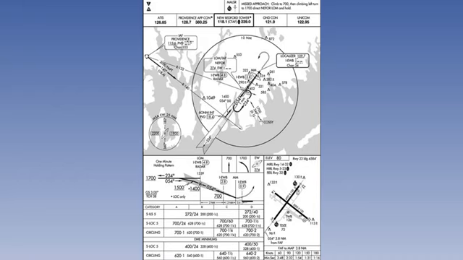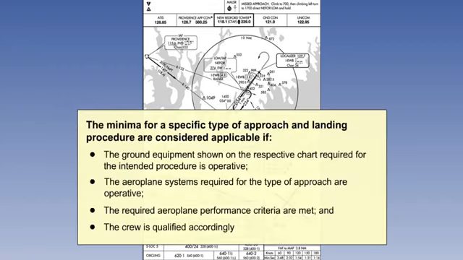Standard instrument departures and approach procedures, that is, those published by the state, should, in normal circumstances, be used. Deviations from the standard are permitted, but only if minima are not infringed, especially obstacle clearance minima. In all cases, however, the final approach must be flown either visually or in accordance with the standard procedure. Finally, here are the components of the required system to use the minima for a particular approach and landing procedure.